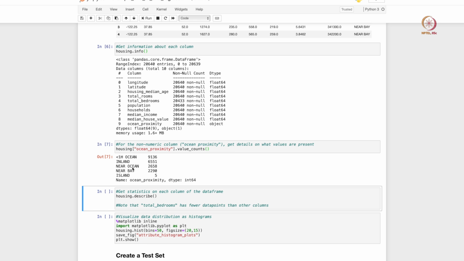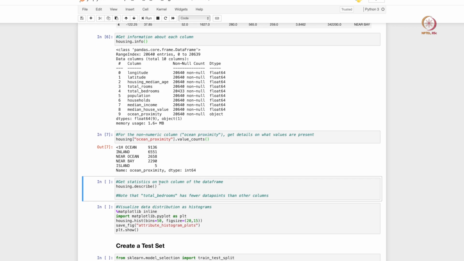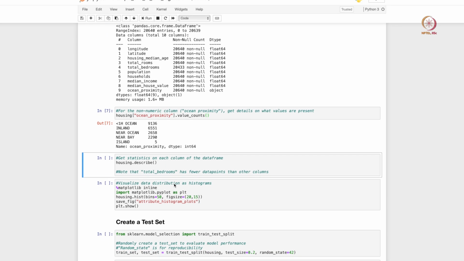Near ocean, so that is I suppose somewhere between less than 1 hour and the ocean itself. And then there is something called near bay. So near bay basically refers to the Bay Area in California, which is close to the city of San Francisco. So that has a specific tag associated with it, and then there are islands in the state of California, and there are 5 island localities, right. So this is what is contained in the ocean proximity column or feature.